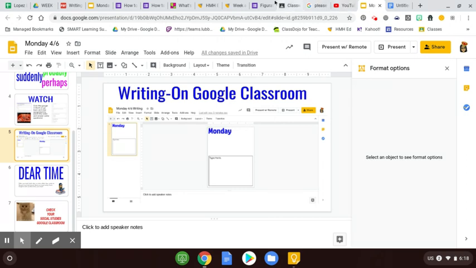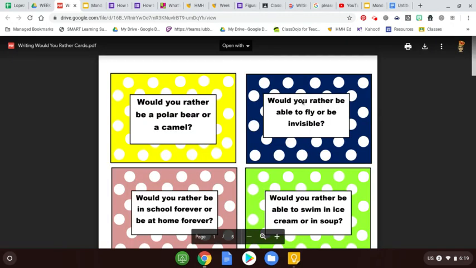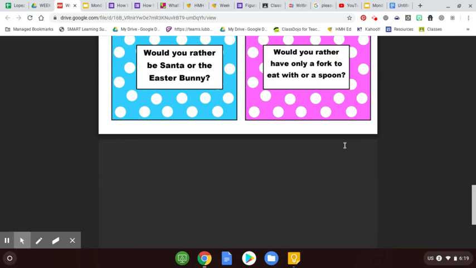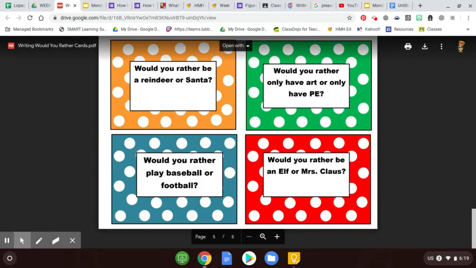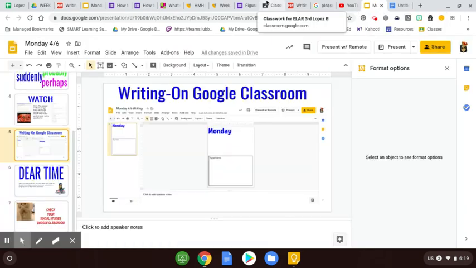And then your writing, you can choose from the Would You Rather card. So those are also here, so you can click and open them and choose one. If you're starting to run out, I mean, right now you should be okay. There's 5 pages worth, guys. So pick one of those and then go back and write about it